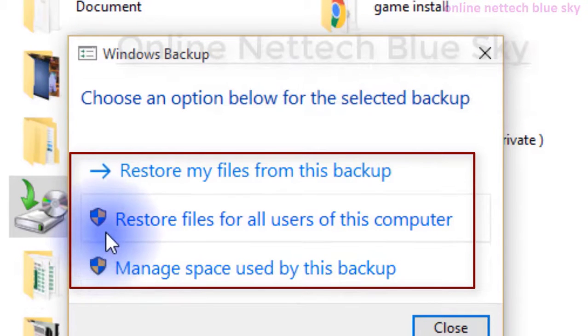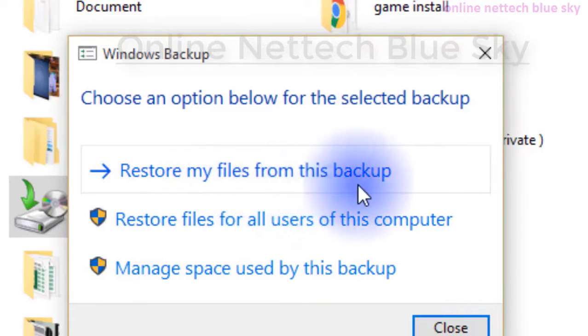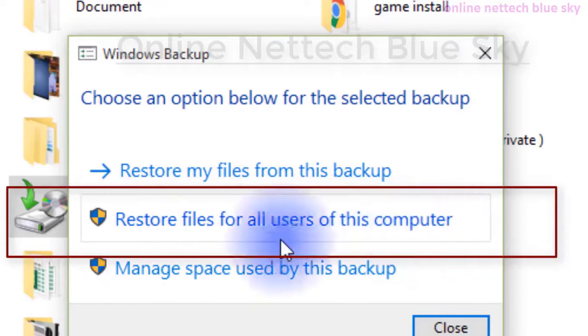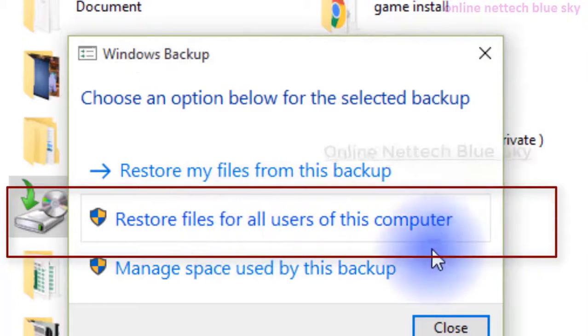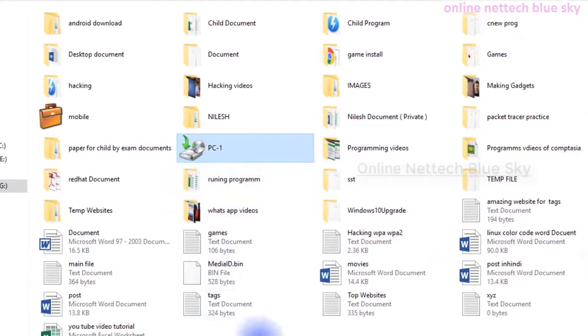Manage users by backup and restore files for all users of this computer. Restore my files from this backup, and this restores files for all users of this computer. That means all users can restore their files.